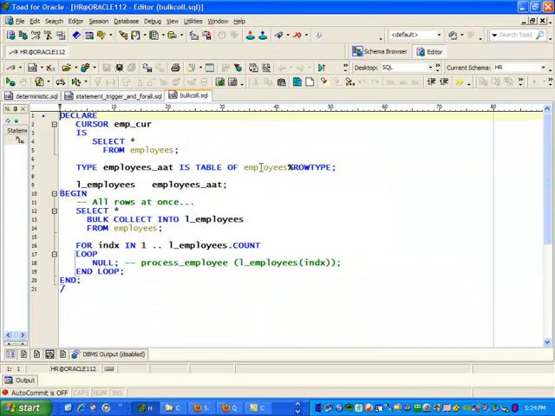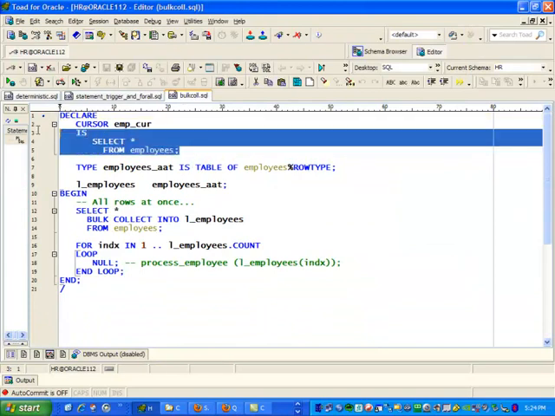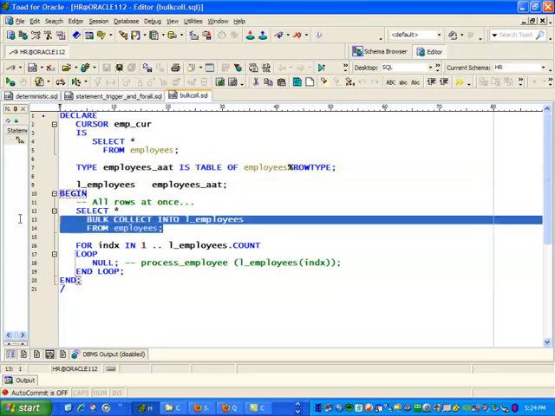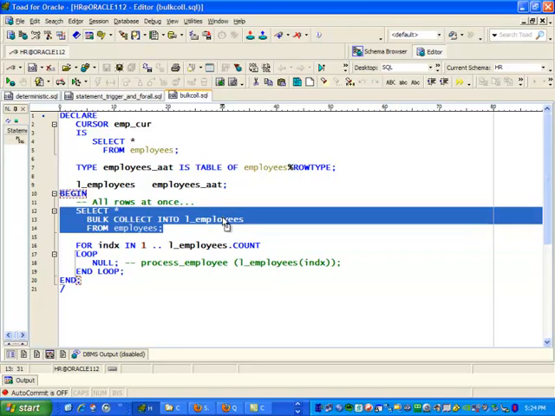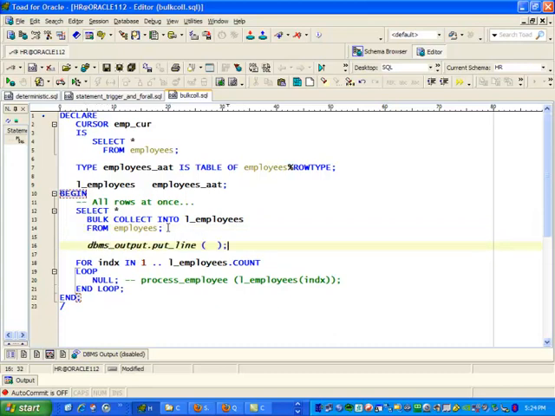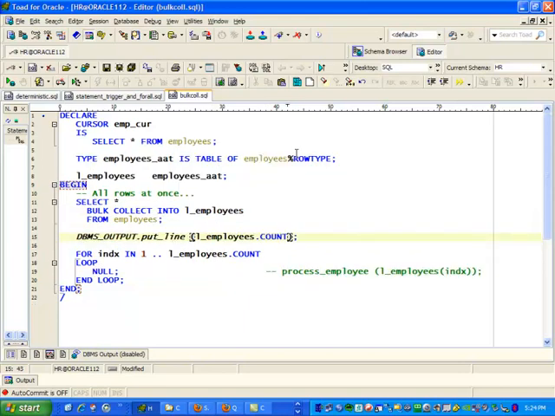Here's that same code. I've declared a cursor actually against the employees table. I declared my nested table based on my table. I declare my variable based on my table type. Then I fetch all the rows from the employees table into my variable. And then here's my loop saying go from 1 to the count. Now in addition to doing that, let's just verify how many rows I've got. So I'm going to display the number of rows or the number of elements in my employees